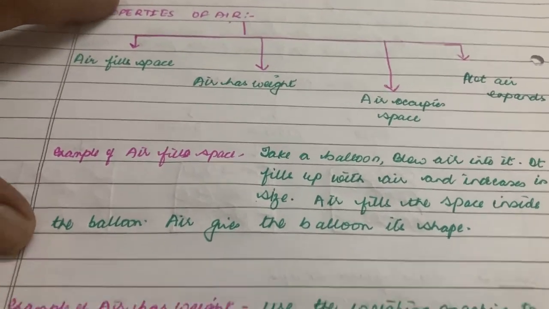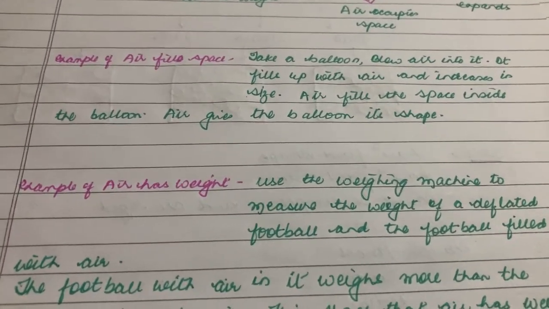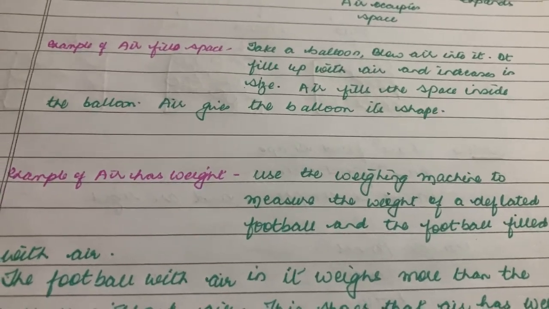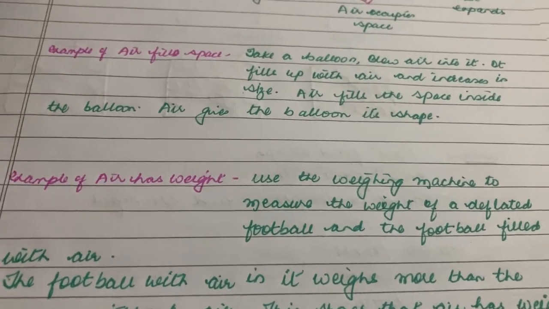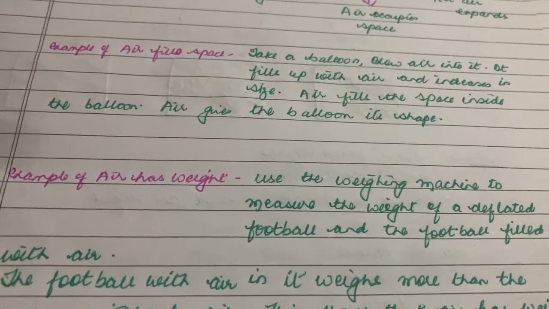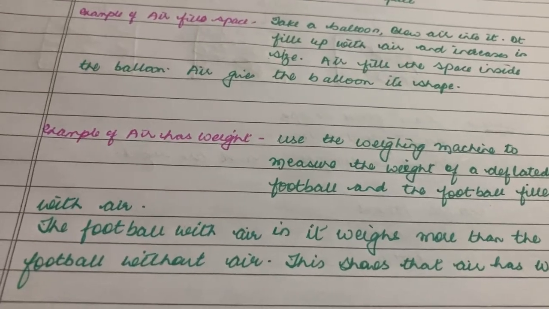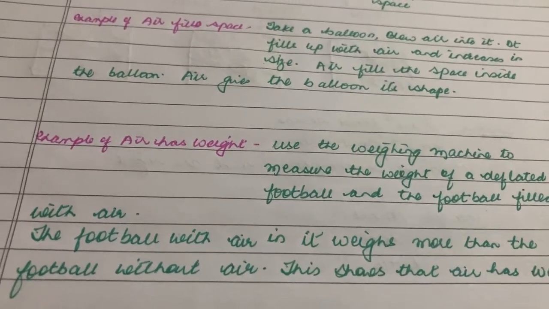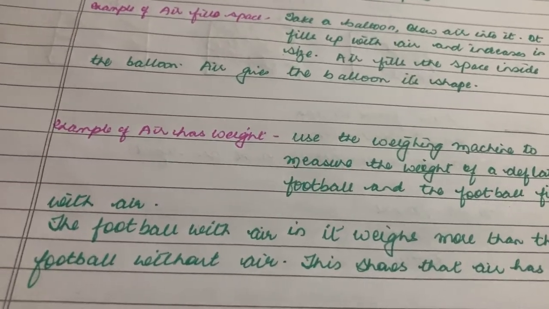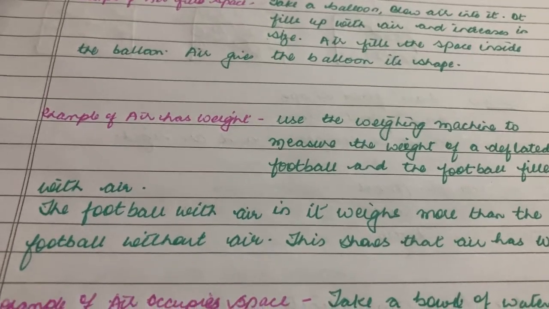The second property is air has weight. So in this what we have to do, we have to use a weighing machine, and in that we have to place two footballs. One should be completely filled with air and one a little deflated, means with a little less air. And when we place these two footballs, one on the right hand side and one on the left hand side, we'll observe that a football which is completely filled with air has more weight as compared to